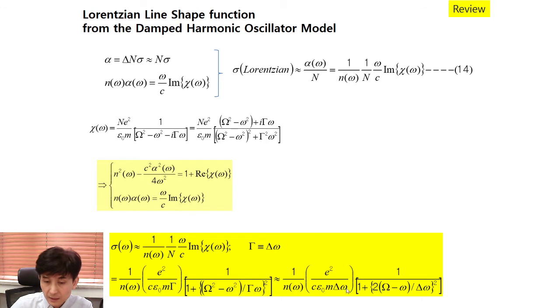So we have gamma omega here, and we delete omega here and the 2 omega term over here. So this term's approximated result is 2 times capital omega minus omega over delta omega. Delta omega is defined as the gamma. So that's one of the approximated results,